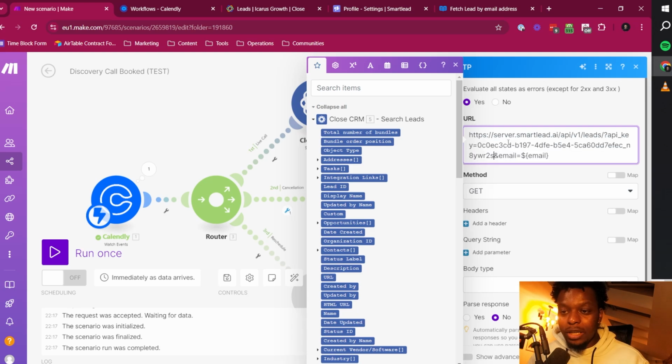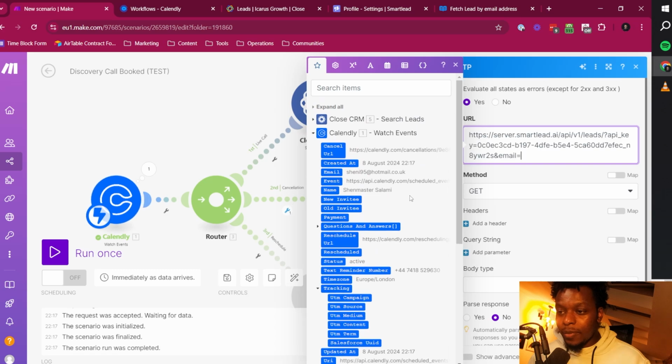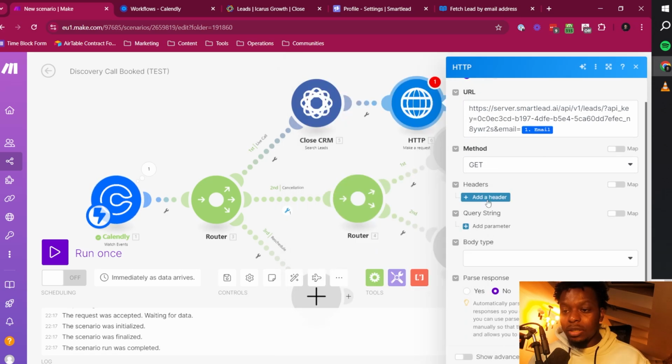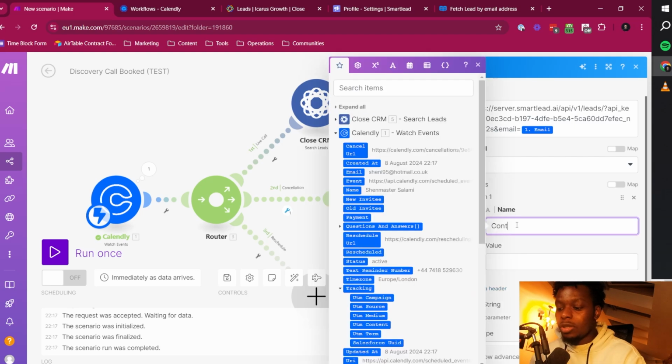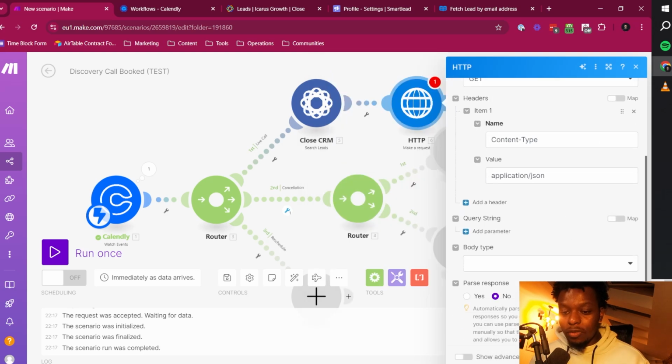So this is the API key that we have. And then we want our email, and our email is going to be the merge field for the email that came out of the Calendly link when the call was booked. And it's a GET request, and that's all that we would need. If we just go in and put the header type as Content-Type application/JSON, this should be complete. So if I click on OK,